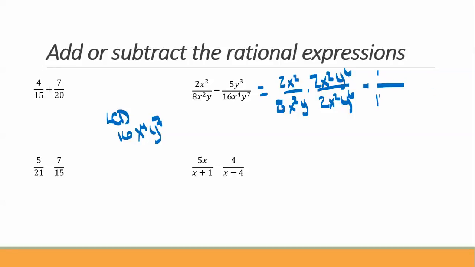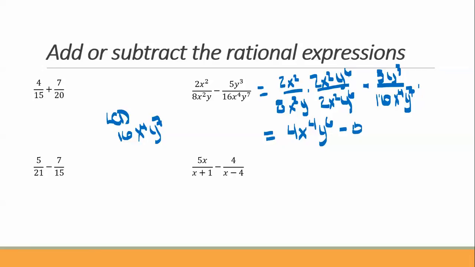our first fraction is 5y cubed over 16x to the 4th y to the 7th, and we need to multiply by, that's already our denominator, so we don't need to multiply by anything. So let's multiply out the first numerator. We have 4, 2 times 2 is 4, x squared times x squared is x to the 4th y to the 6th